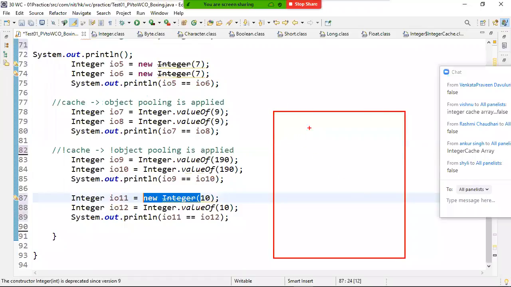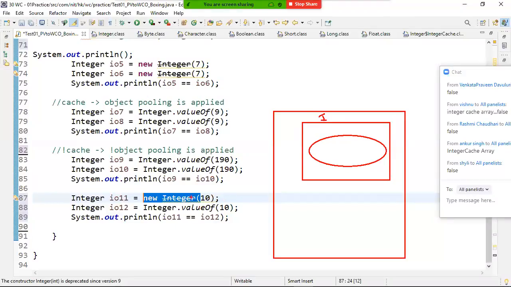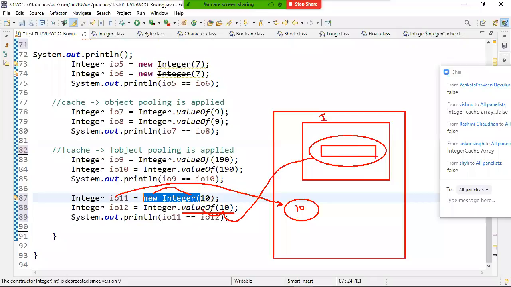In the JVM, this is the Integer class, and in the Integer class we have the Integer cache array. When you use the new keyword and constructor, an object is created and the reference is returned, pointing to it with value 10. If you use valueOf, what is it doing? It is searching for the Integer object with 10 in the array. In the array, is any object available? No.